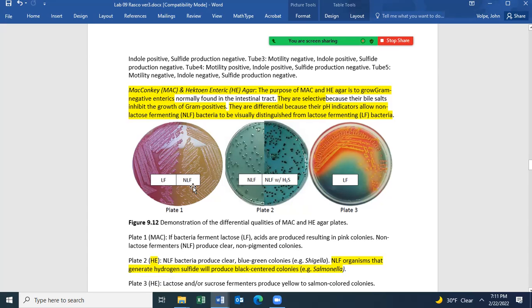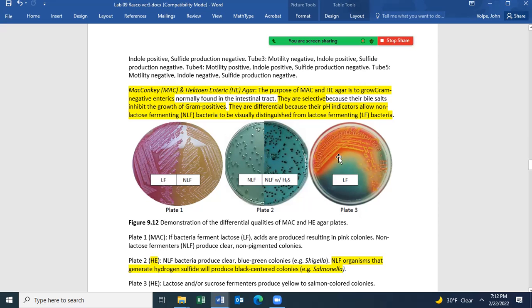We then look at the fermentation of sugar. On MacConkey's, if lactose is fermented, you'll get a pink color. If there's no fermentation of lactose, it's a yellowish or whitish color. On HE, which we don't have a negative for, it's an orangish or salmon color if it ferments the sugar lactose, and if it doesn't ferment the lactose, it's